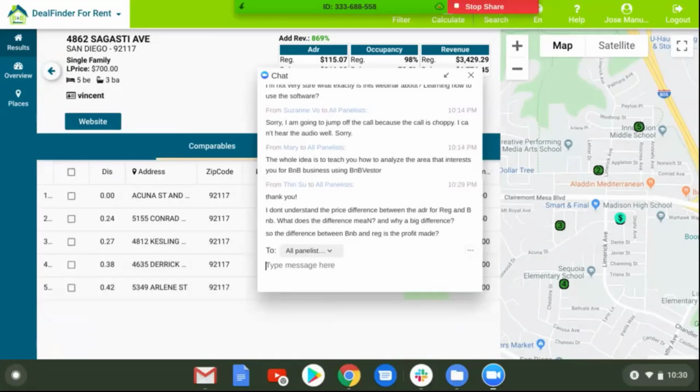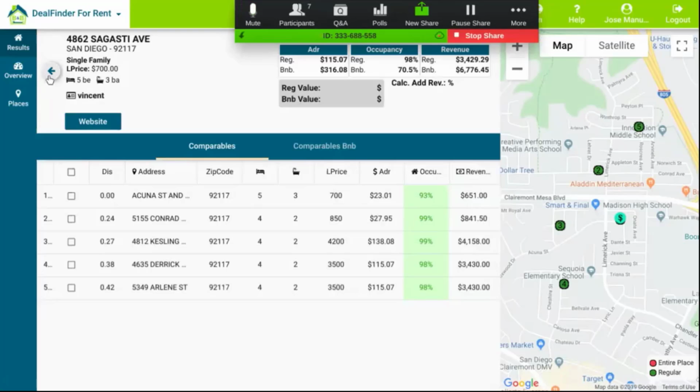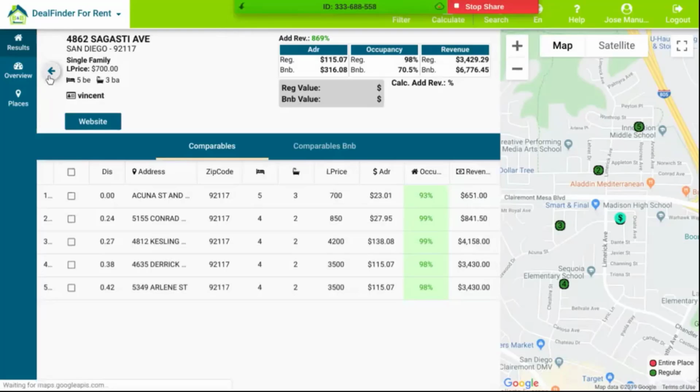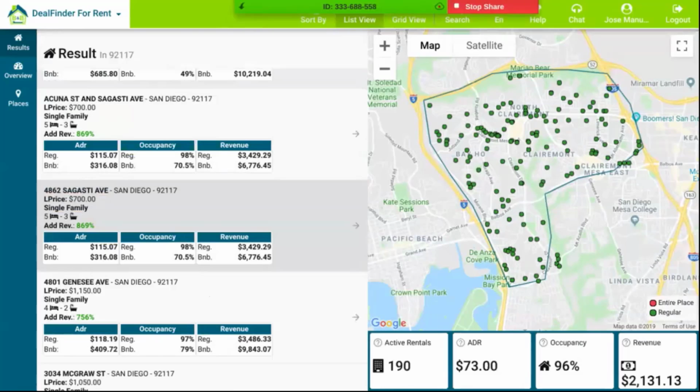Remember, let me put it this way: the average daily rate for a regular rental is whatever the homeowner decides to ask for when listing the property for rent. Usually the amount that people ask is based on comparables in the area. When someone decides to put a property up for rent, they do not want to run a short-term rental business.